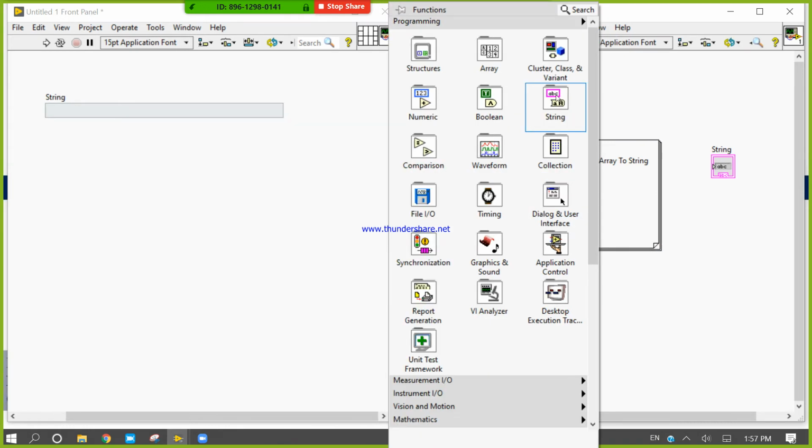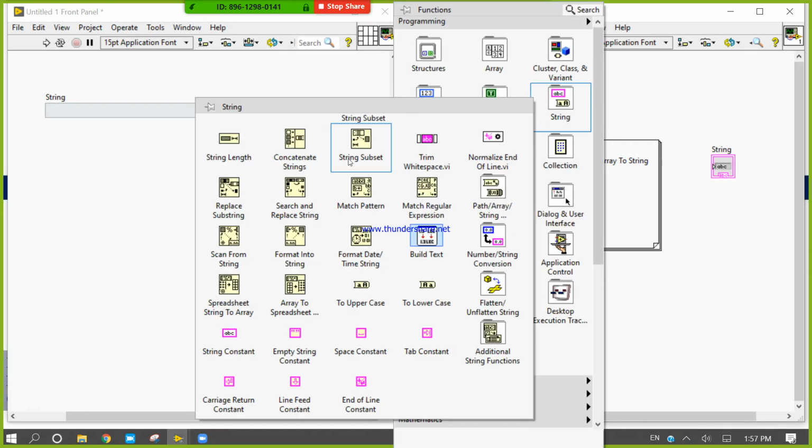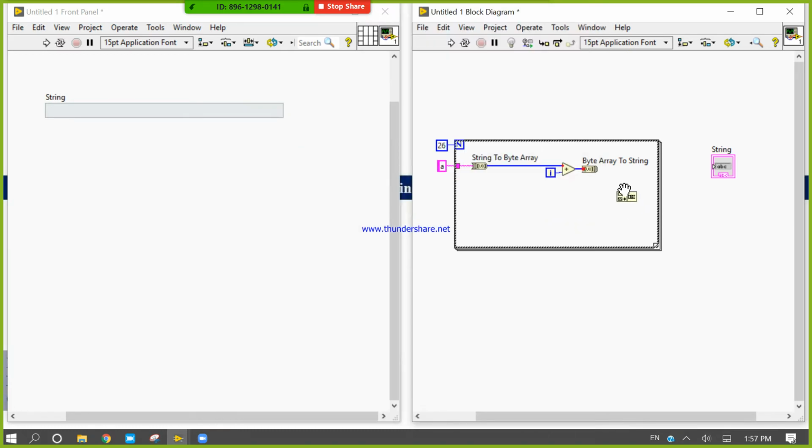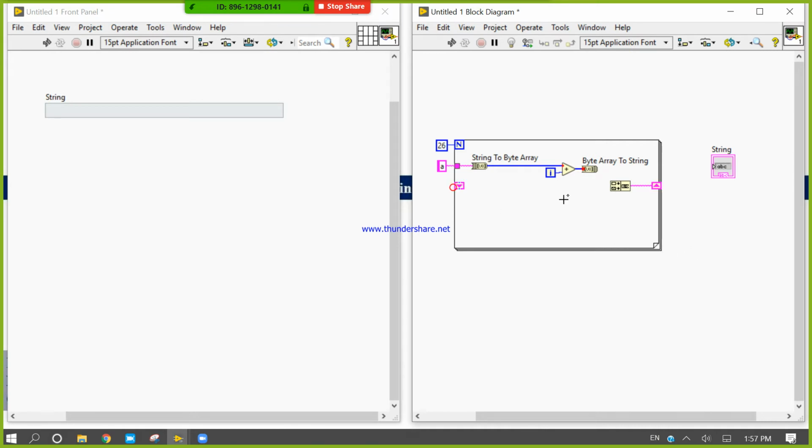right click. I will use the concatenate button, right click, add a shift register, okay.